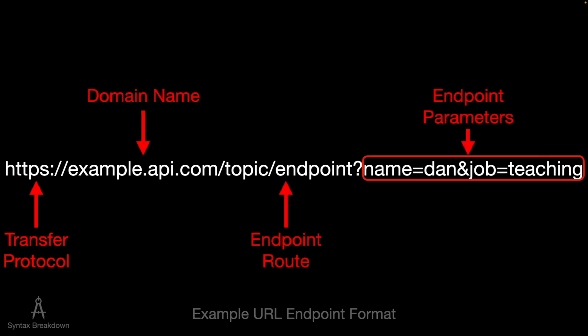And then lastly, we have our parameters. You can pass in parameters after a question mark: you say the name of the parameter, then equals, and then the value that you want to pass in. This is one way to pass parameters. The other way is in the body, but that's all HTTP stuff. This is just basic URL definition stuff. So now, if this looks familiar to you, that's because it is.